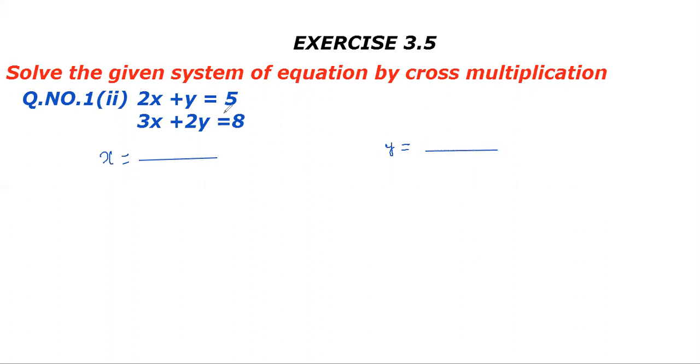And in the denominator we have a1 b2 minus a2 b1, that is 1, 2, 2, 1. And in the numerator of x, you will not write the coefficient of x. You will write down b, the coefficient of y, and the constant number. So that means you will write down b and c minus b and c. And in the numerator of y, you will not write down b, since b is the coefficient of y.